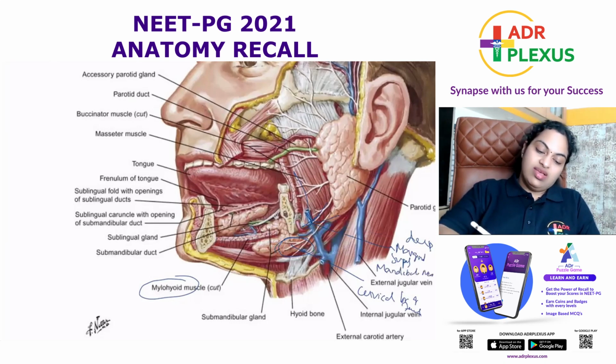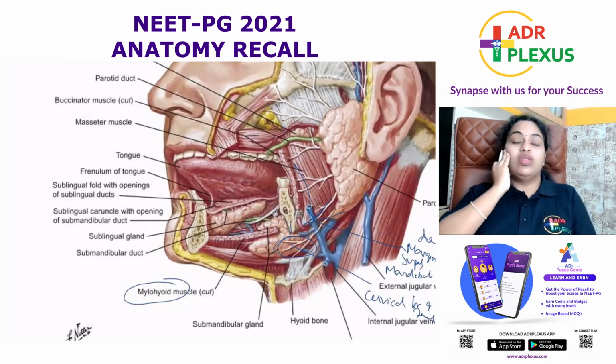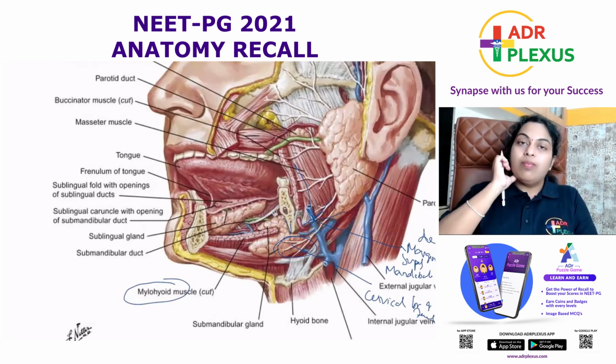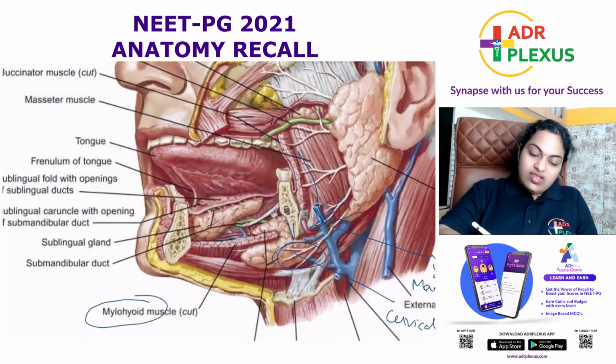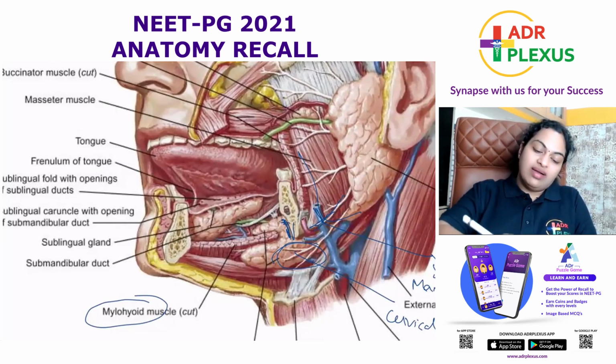Now coming to the medial part. Coming to the lateral part, what I told you, related to the ramus of the mandible. But the submandibular gland is separated from the ramus of the mandible by, or related to, the medial pterygoid muscle and the loop of the facial artery there. So this is the submandibular fossa of the mandible which lodges the gland. The muscle inserting into the medial surface of the ramus will be medial pterygoid. Outer surface of the ramus will be masseter. So it will be related to the medial pterygoid and the loop of the facial artery there.